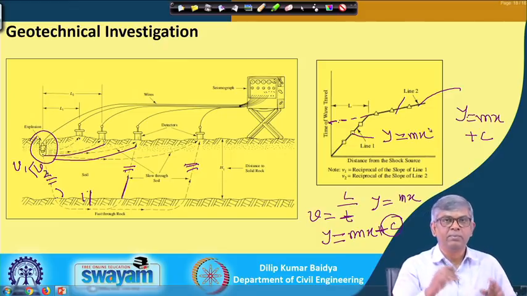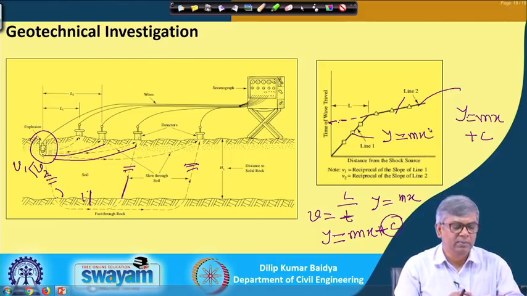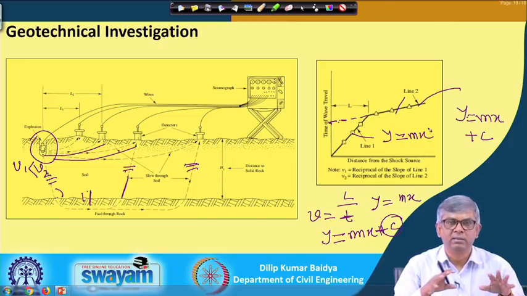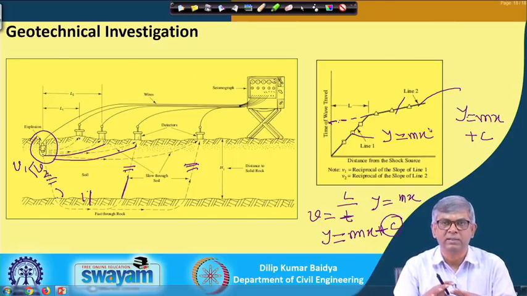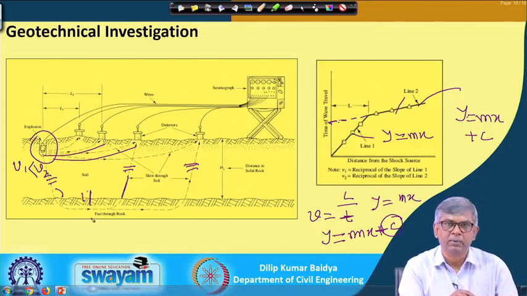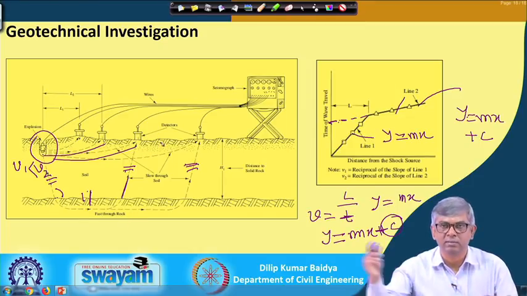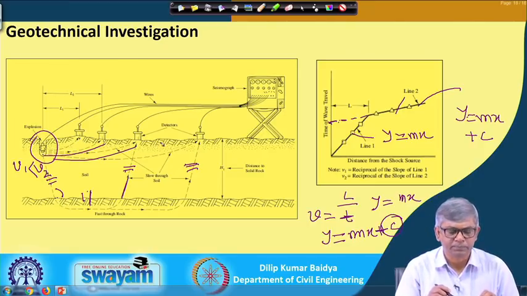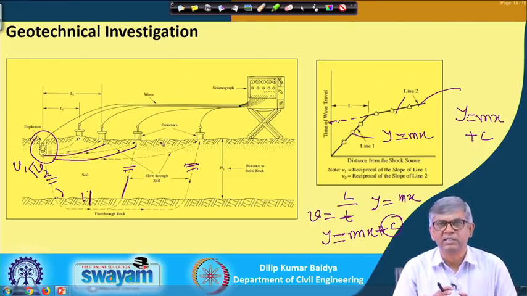So, that means if there is stratification and I generate waves and keep a number of receivers in front, some of the waves will reach the receiver directly, and some of the waves will go to the second layer, and partly it will be reflected and partly refracted. The reflection part will reach the receiver a little away, and subsequent receivers will also receive this path. But when you plot distance versus travel time, you will see this plot will be linear.